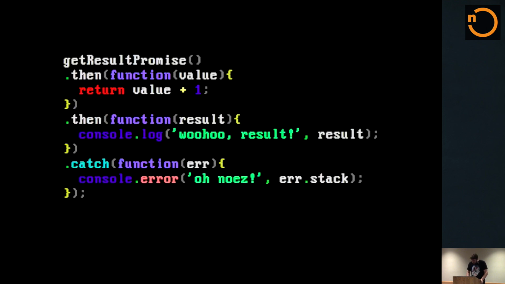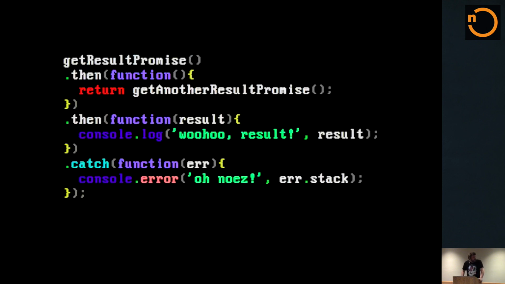So the great thing about them is that we can start chaining things together like this, right? With then you can do all kinds of stuff in there. It doesn't have to be just reading the result. You can be returning something, right? Here I'm reading the result value, adding 1 to it, and then just passing it along. The way you pass it along inside a then handler is by returning. You could also throw an error in there, and that would make the promise a rejecting promise. So then returns promises. That's a very important thing right there.